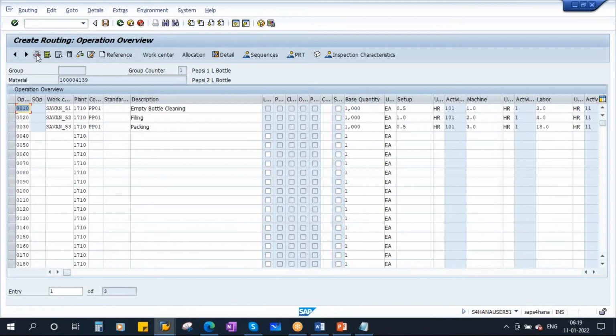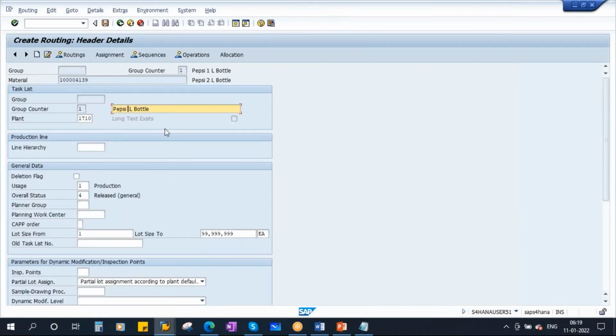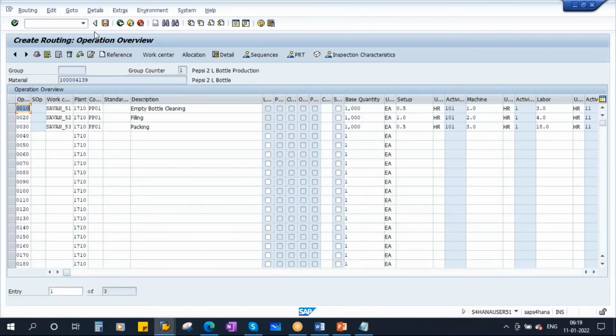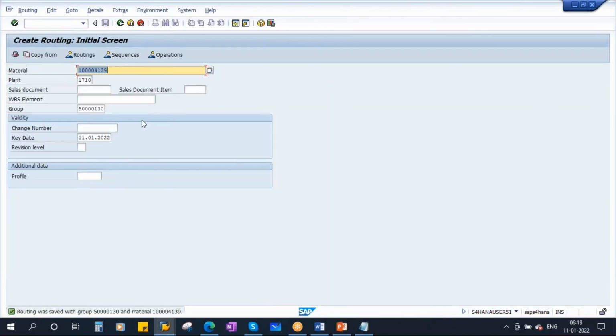Okay, let me go to header again now. This is 2-liter, right? 2-liter bottle production. Okay, you have all the operations, everything. Let me save it. Okay, so for this product, we created a BOM and routing.